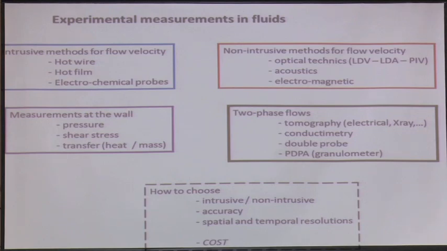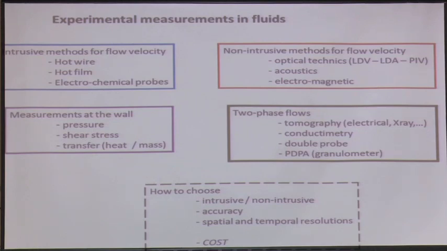In terms of frequency, for example in turbulence, you cannot use LDV or PIV for very high frequency flows. So people keep going with a hot wire, because in terms of temporal resolution this is the best we can get. Even if you disturb the flow, you get very strong resolution in time. So you have to deal with intrusive or non-intrusive. You have to deal with the accuracy of the method. Are you going to make a measurement with 1%, 5%, 10% error?